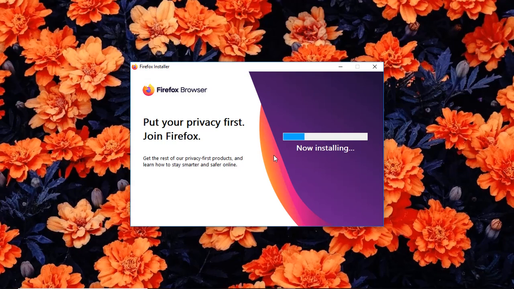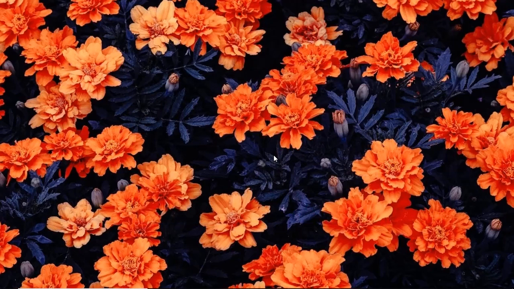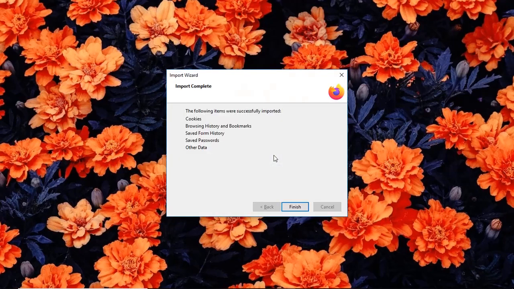The amount of time you will take will be proportional to your internet speed. Now that our installation has completed, you simply click on finish for it to